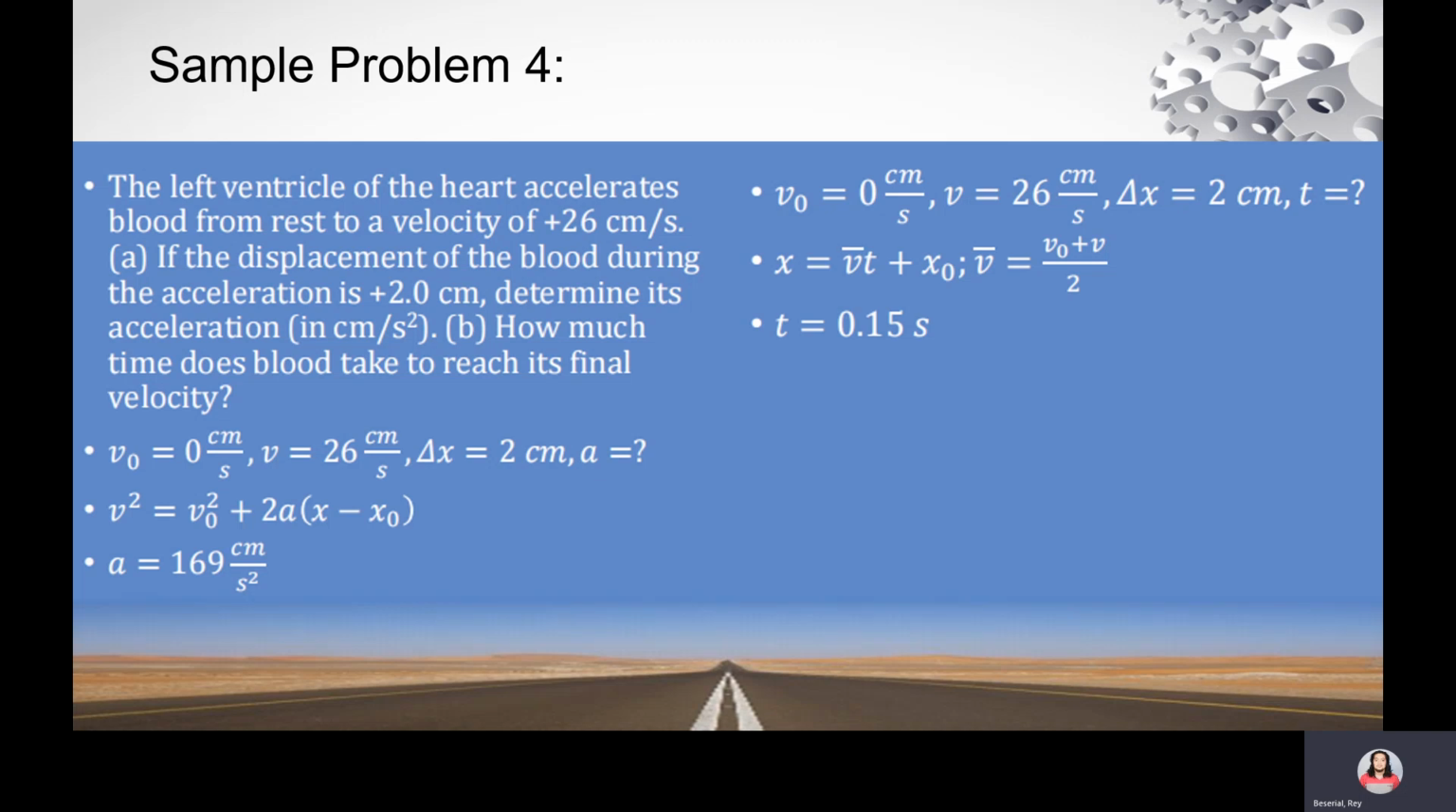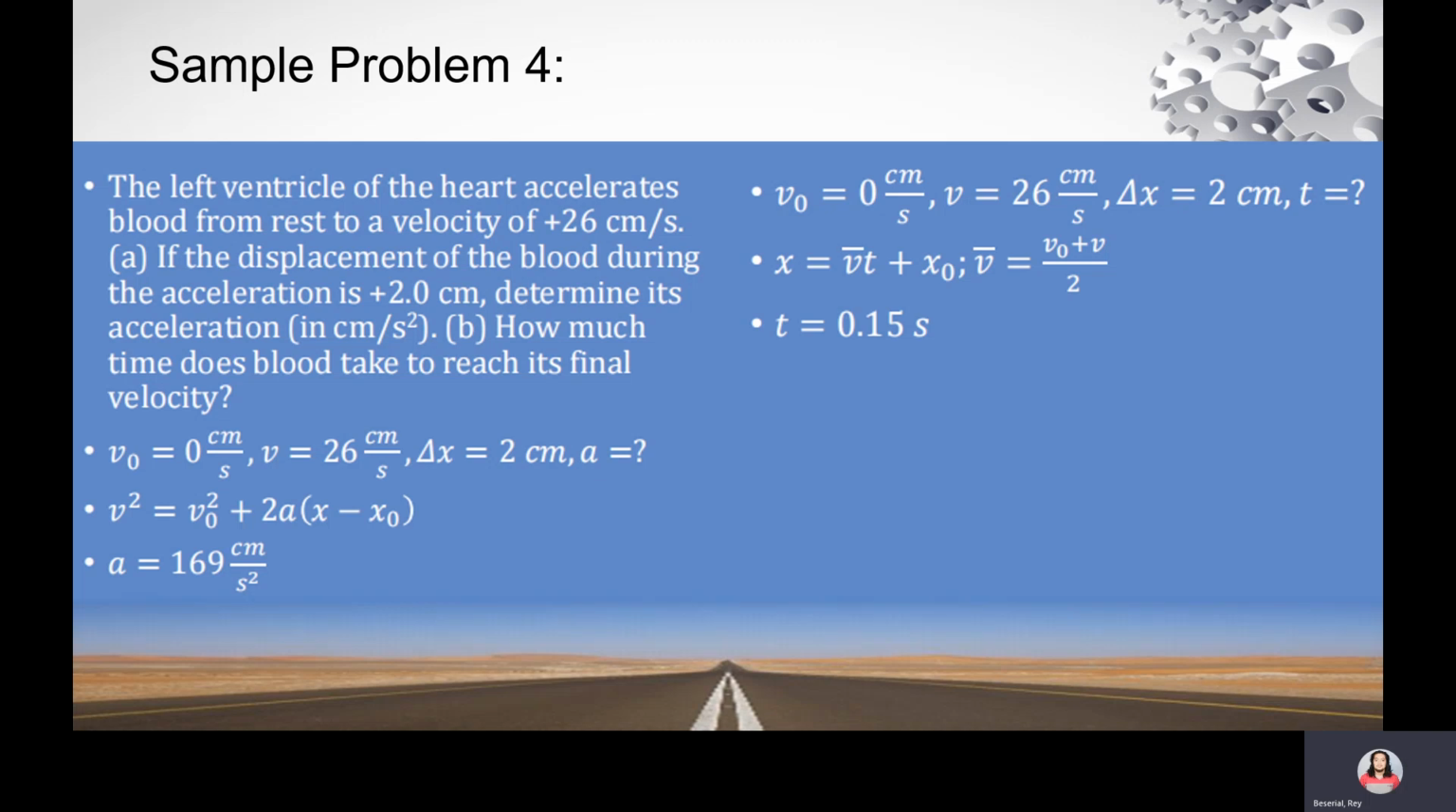So, ang formula na gagamitin natin is yung x is equals to average velocity times time plus initial position. And then yung average velocity natin again, i-plus natin yung ating mga velocity. So, initial velocity plus final velocity over 2. Okay, so mayroon tayong 26 over 2 is 13. So, siya, 13 cm per second. Okay? So, since ang ating initial velocity is 0,